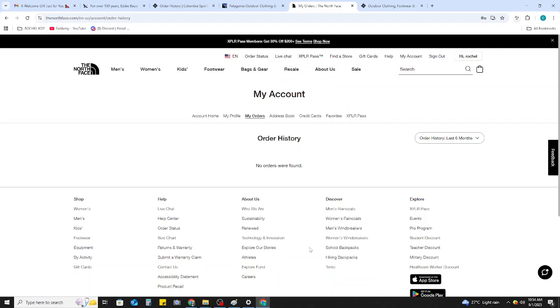This section is where the North Face keeps a record of all your past purchases with them. Click on this and you'll be presented with a detailed list of all your orders. Here you can find information such as order dates, the status of each order, and even tracking numbers if the items have been shipped. It's a handy tool for keeping track of what you've bought, when to expect deliveries, or